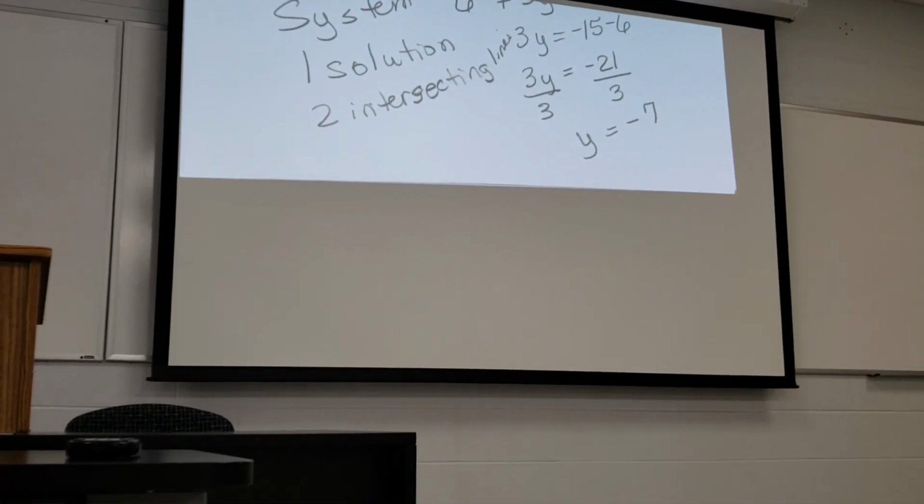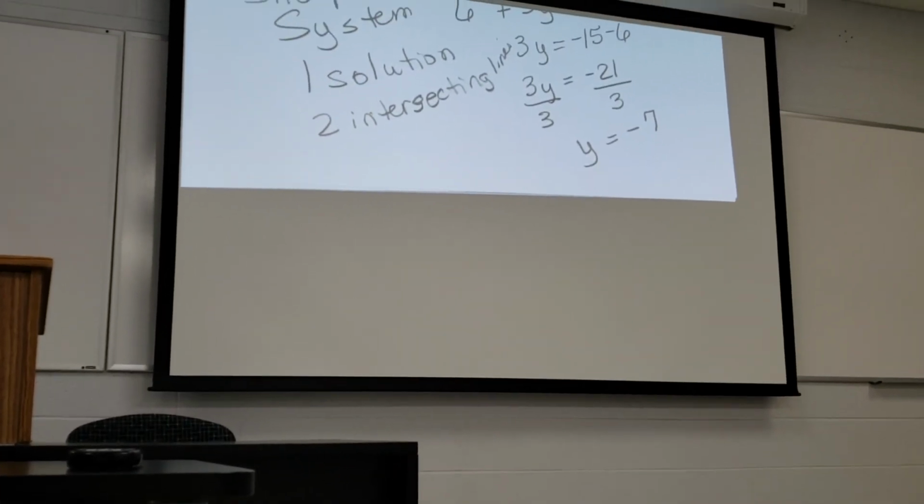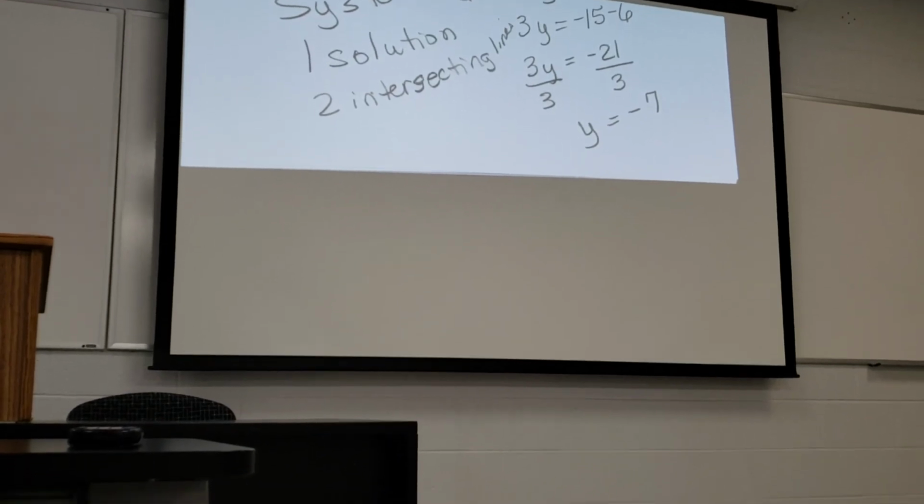The solution for us is 3, negative 7. It's 2 lines that are going to cross. Where are they going to cross? At, I said 5, sorry, 3, negative 7. All right,